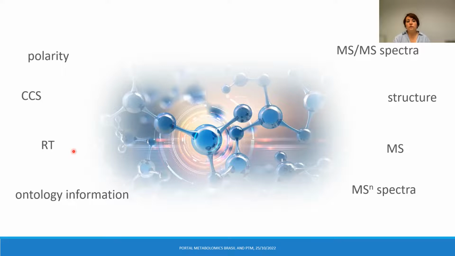So try annotating your lipids, try always to put on the table all possible sources of information. If you have ion mobility, fantastic. Cross sections are absolutely amazing for lipids, especially isomers. Maybe you have ontology information; sometimes using information about the origin of the sample or the disease, or from which organ or which type of cells you have the extract will also be very useful to maybe, if not confirm, at least to reject some of the possible candidates.